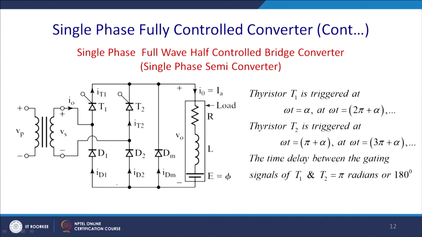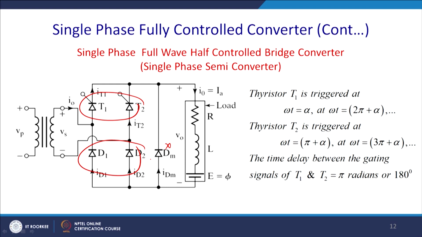Now, let us see the condition when changes have been made. This is called half control. You can have different combinations of half control, asymmetrical or symmetrical configuration. So, here the upper 2 are thyristors, the lower 2 are diodes. We can have another configuration where one leg is of thyristors and another leg is of diodes. Then if you do that, we do not have to give the freewheeling diode in that case.